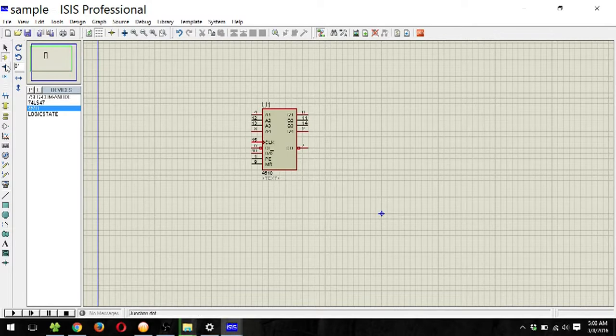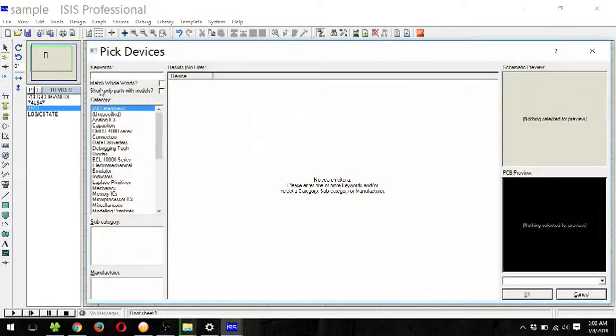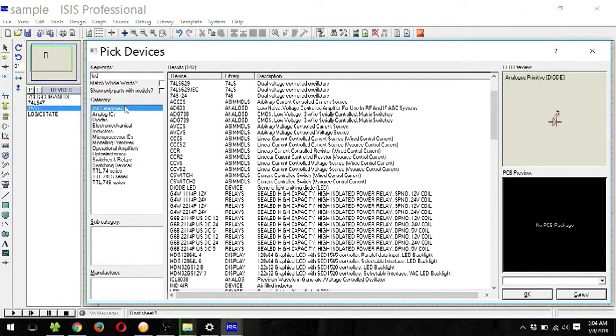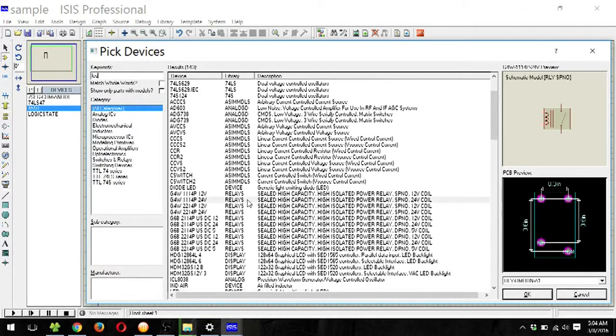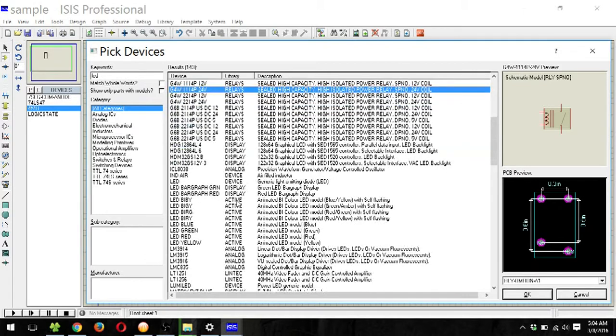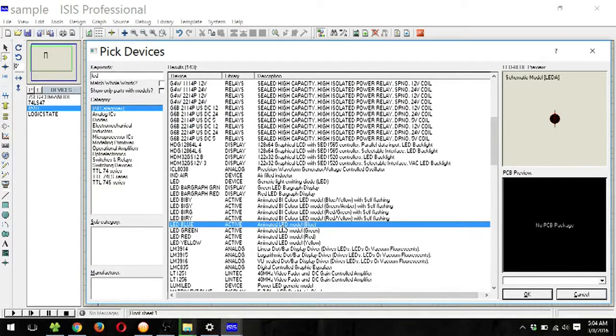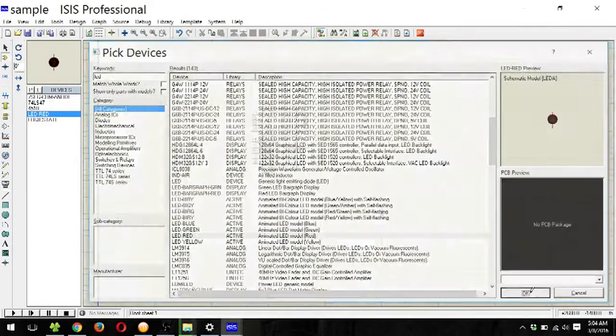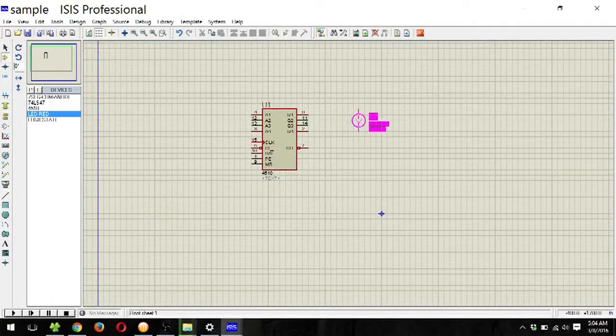Let's look for LEDs. So I will be looking for the animated version of LEDs, something that can glow. I will be looking for red. So this is the LED. Now I will be connecting these LEDs. Let's place it here.